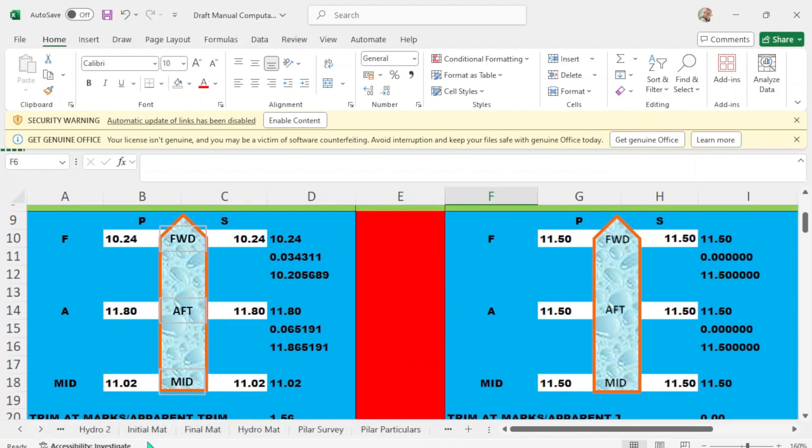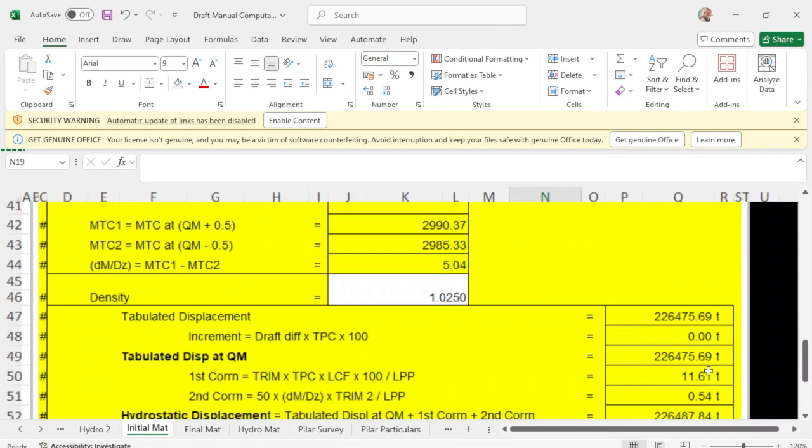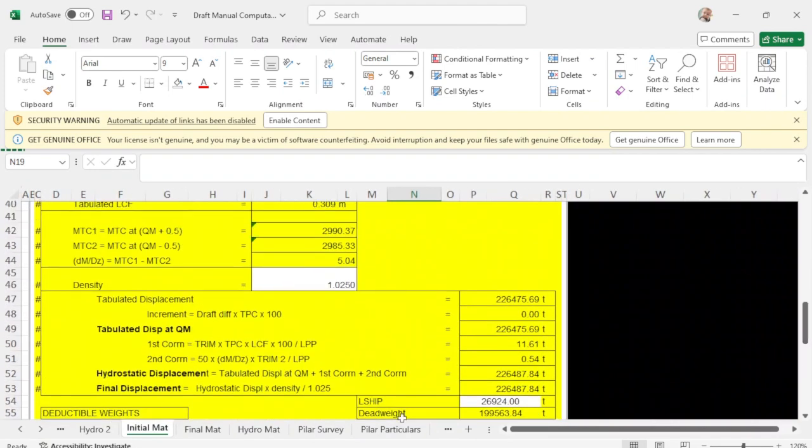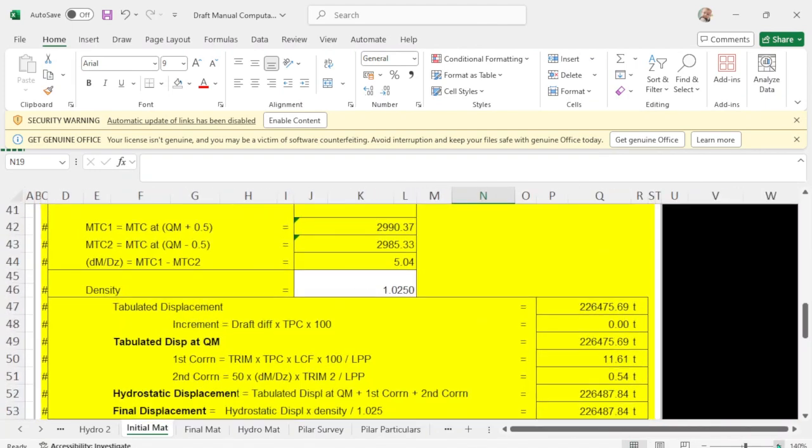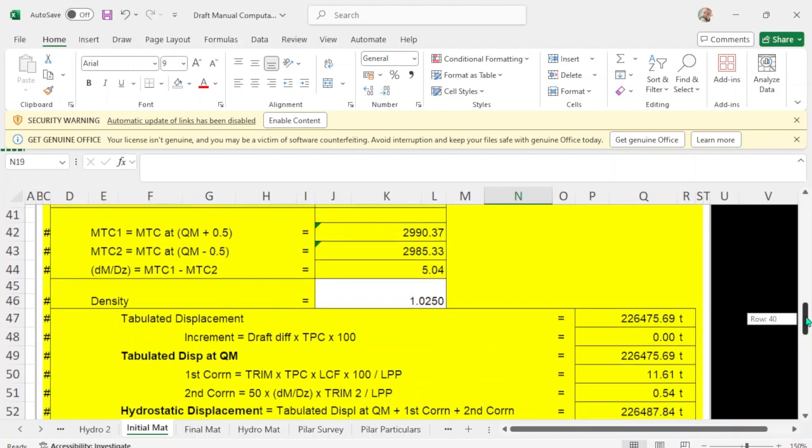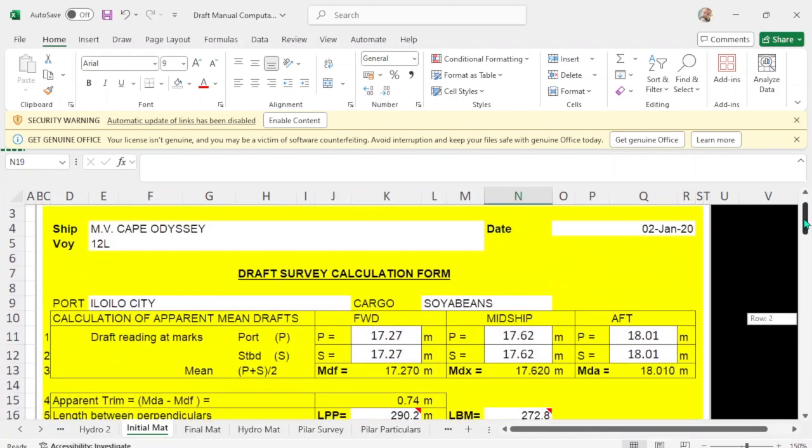And here is another program, same vessel.